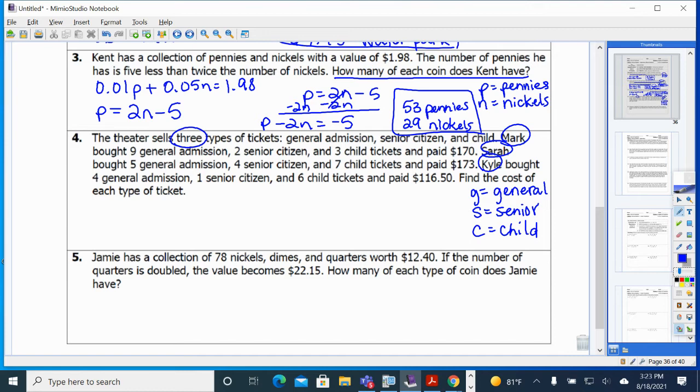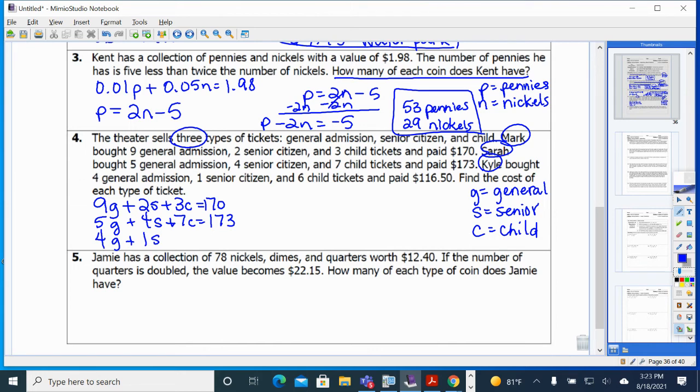Let's make Mark's equation. Mark bought 9 general admission, so that's 9G. He bought 2 senior citizen and 3 child tickets. So you add all that up, and his equation is going to be equal to $170. Sarah's equation, because Sarah bought 5 general admission and 4 senior citizen and 7 child tickets for a total of $173. Kyle's equation, 4 general admission,